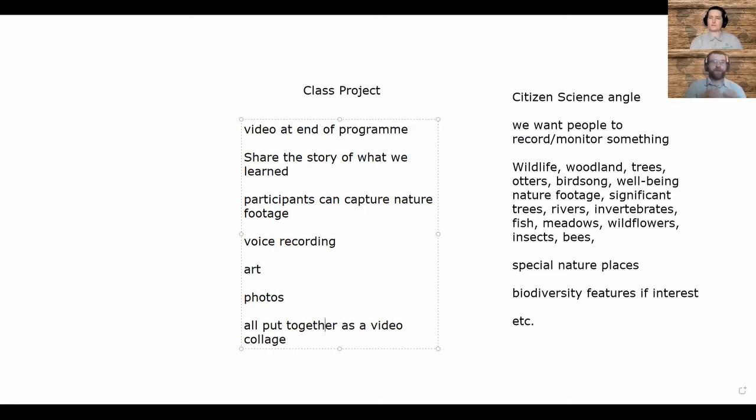That we gather all these bits and pieces from everyone, whether it's a video that you managed to take of a fox, or it's a beautiful photo of your special tree that's important to you, or it's a place where you saw a robin and you could take a picture of the place, or it might be a photo of a record that you put onto the Wildbrook Citizen Science portal.